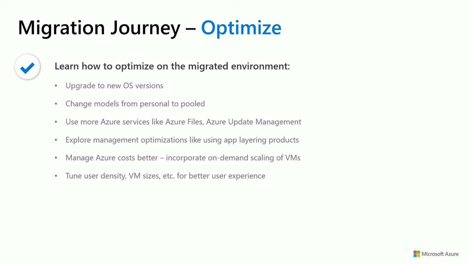Now, the optimization phase is where you look at new services that Azure offers, for example Azure Files and Azure Update Management Service. You look for new features that Windows Virtual Desktop is offering, for example the new virtual SKU, which is Win10 Multi-Session, and see whether any of these can help not just user experience, but also lower your cost and your operational processes. So this is where you investigate and optimize your existing Windows Virtual Desktop environment to better suit your needs and your user needs.